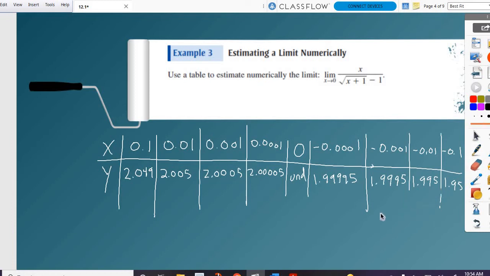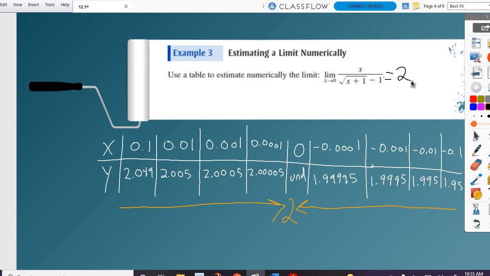Looking at our values, as our x values are getting closer and closer to 0, what does it look like we're getting closer and closer to? 2. So we would say that our limit equals